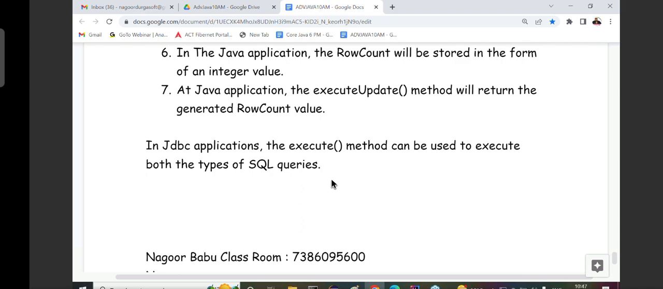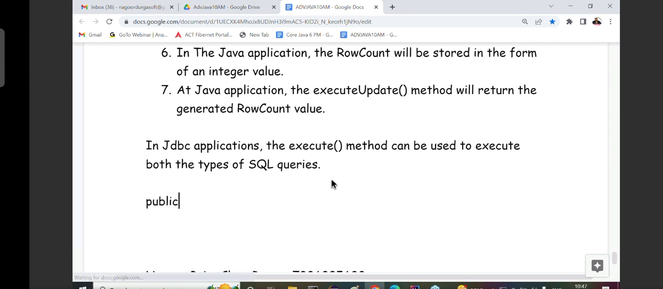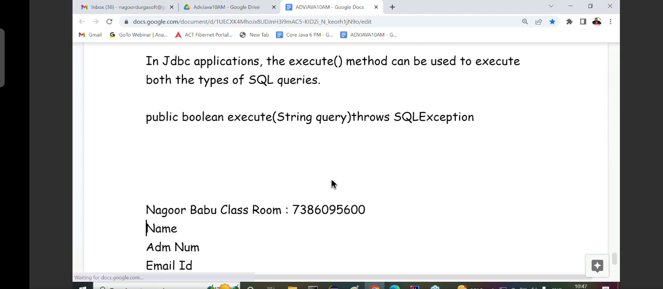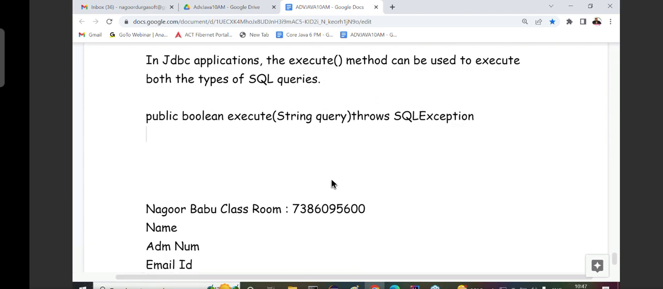Alright, now let's see this one. What's the prototype of this particular method? public boolean execute(String query) throws SQLException. Any type of query we can use here. Observe carefully. boolean b1 = st.execute("select * from emp1");